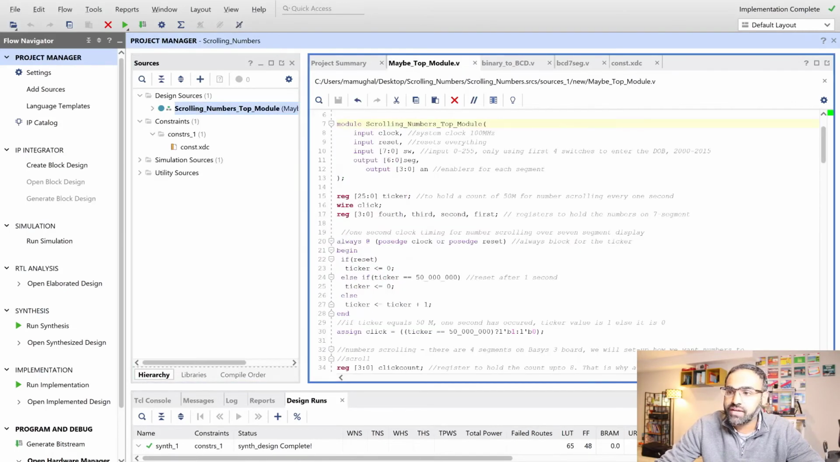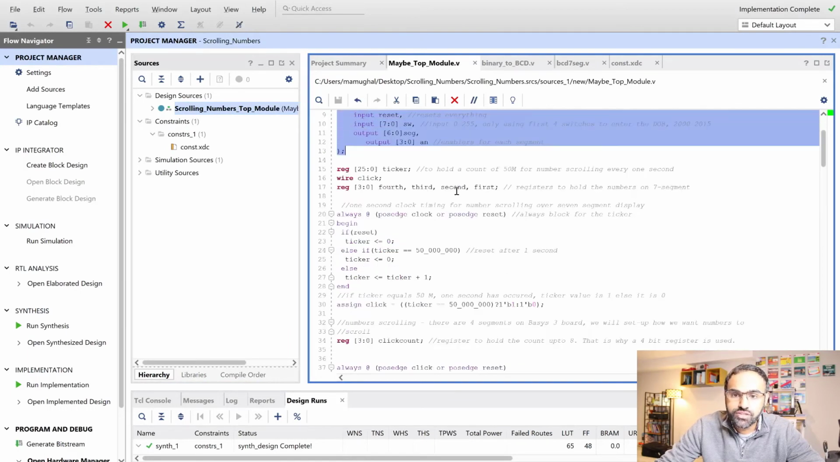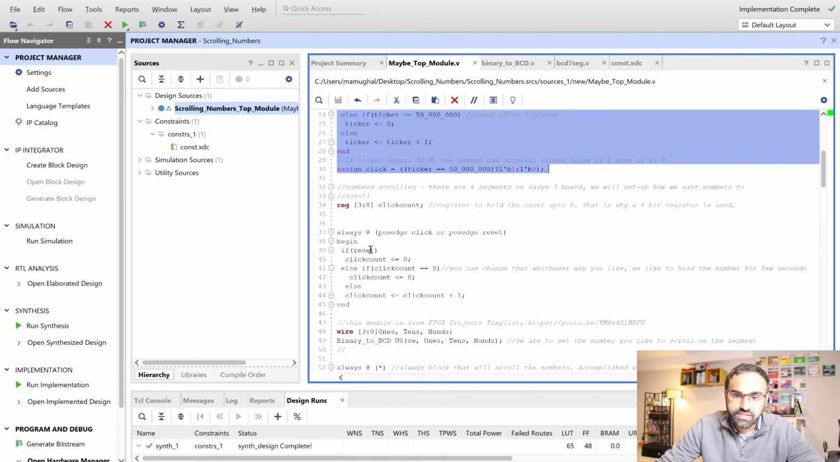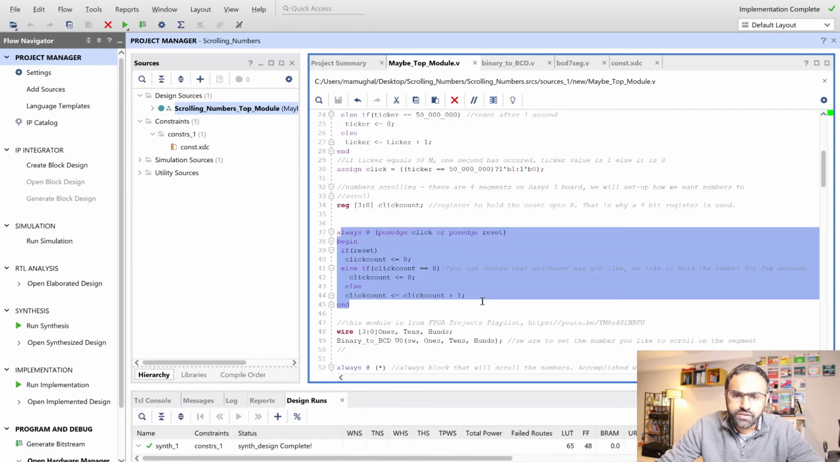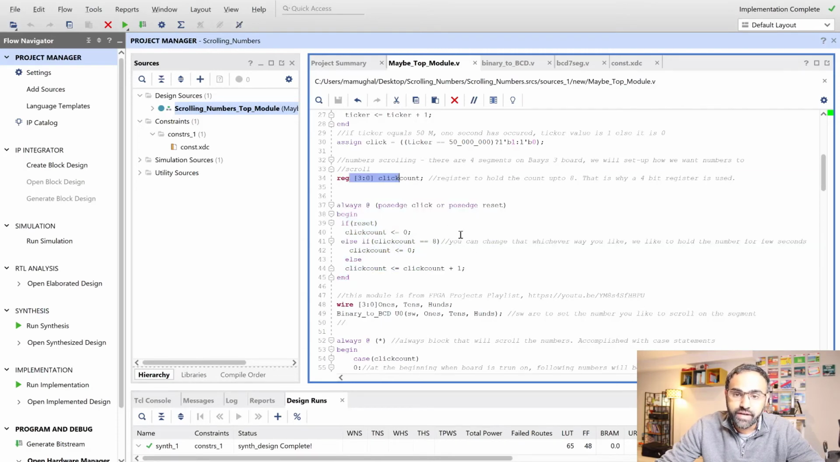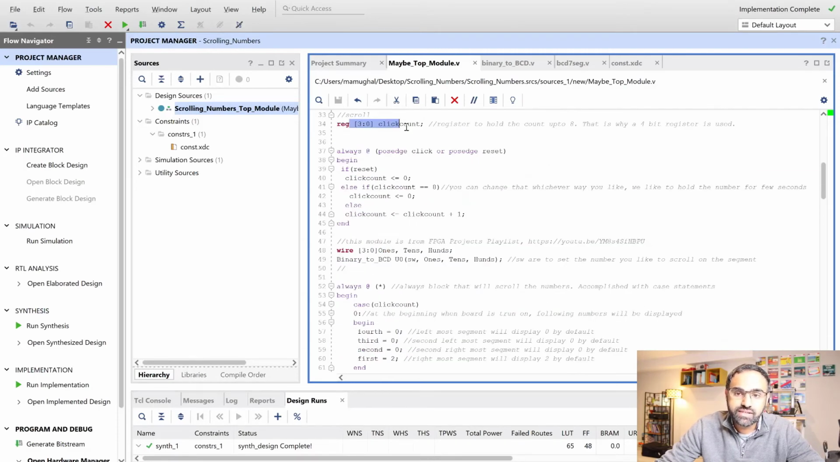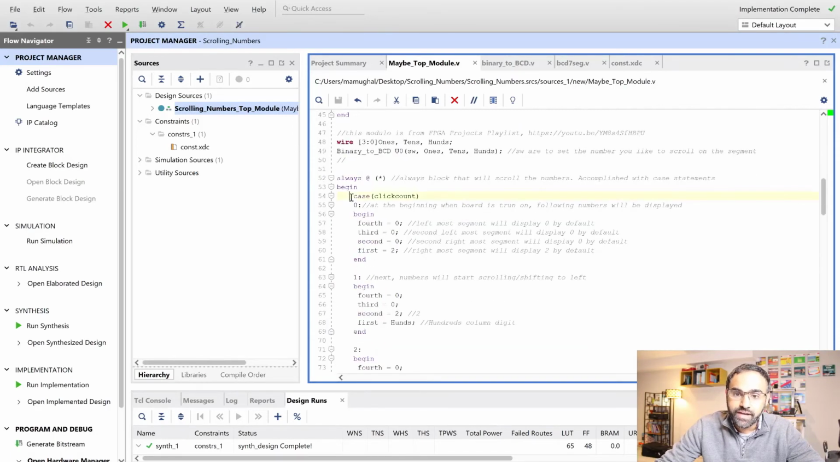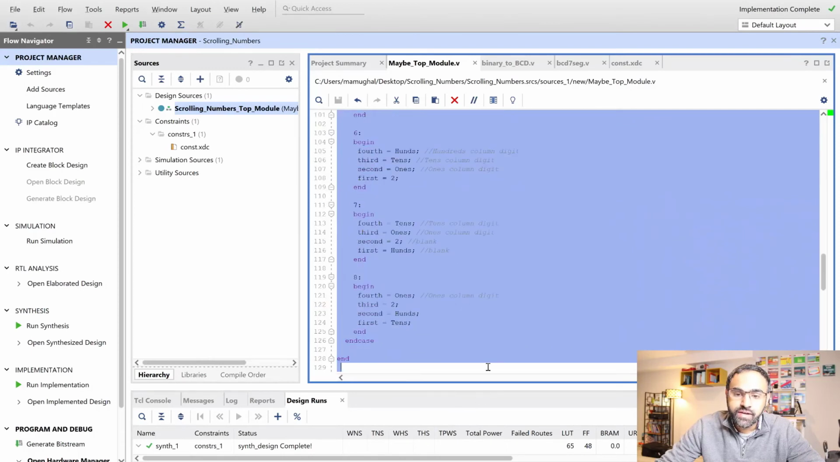So just to summarize one more time, here is your topology right here. This part of the code is basically making sure that you have a 1 second clock because the number scrolls to the left every 1 second. This part of the code is just making sure you have a click count register. It is a 3-bit register, actually a 4-bit register, right? And we're going to use this click count register to create 9 different case statements, okay? And those 9 statements were over here,